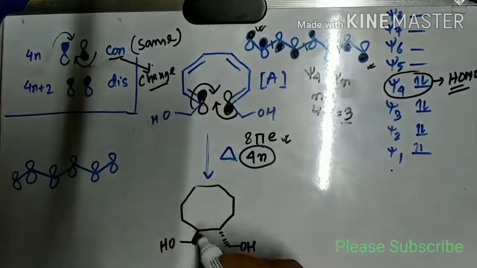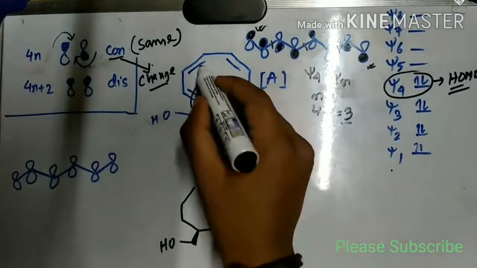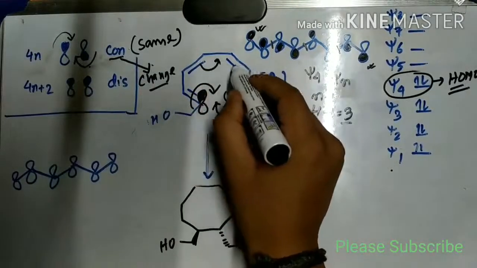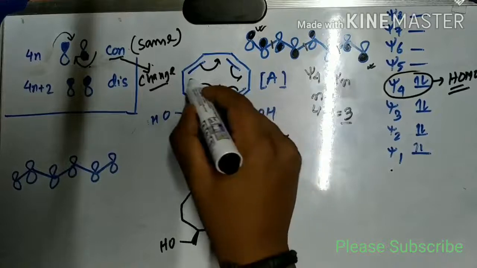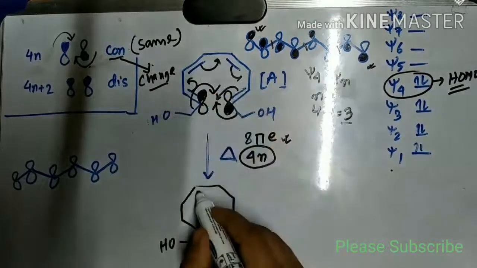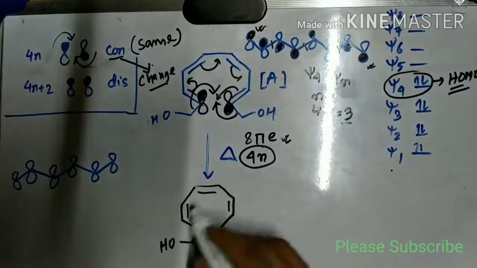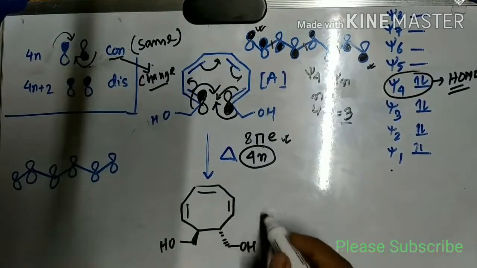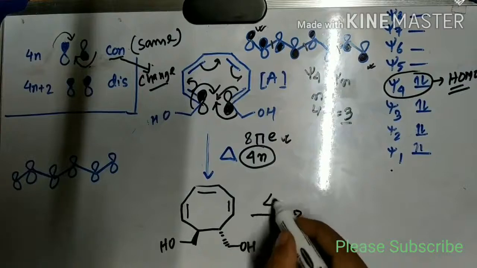Now guys, we have to give a rotation to form the double bonds. So double bonds will be formed here. This will form a single bond, and this will form a double bond. So the double bond will come here, here, and here. So this is the structure of the second intermediate, and this will again be treated with heating conditions.